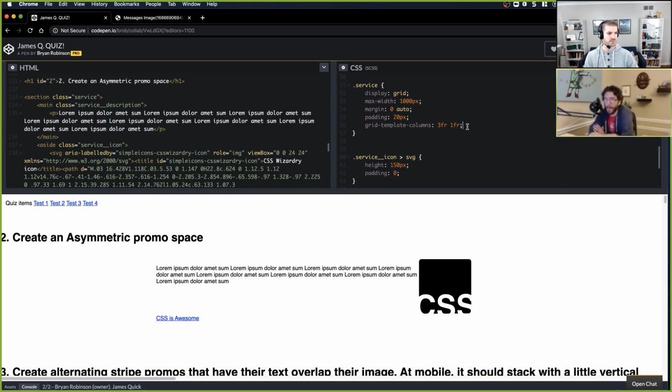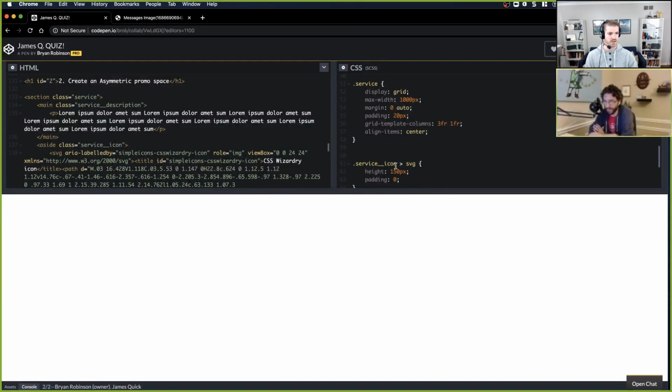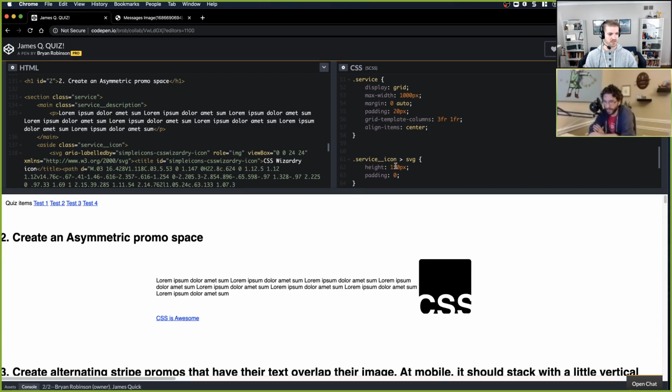We need to grab the service, the grid container, and this will be align items center. Does that push it down? And then to add some more breathing room, now I can actually target the service description. Don't forget the dot.